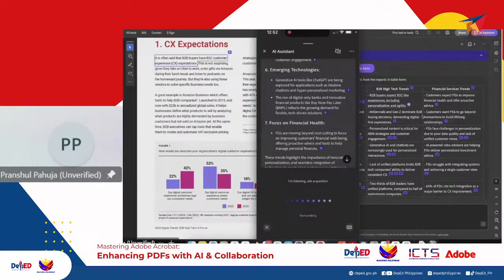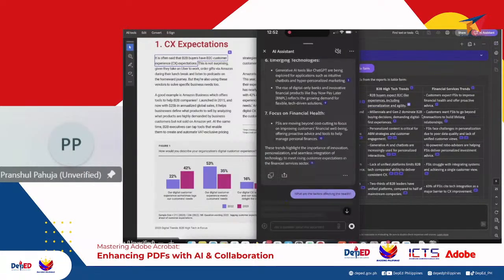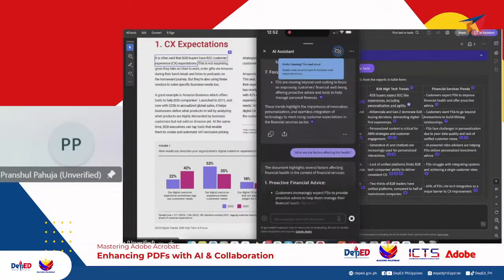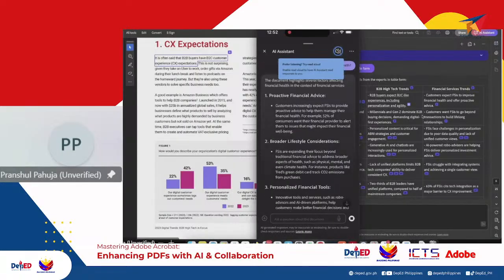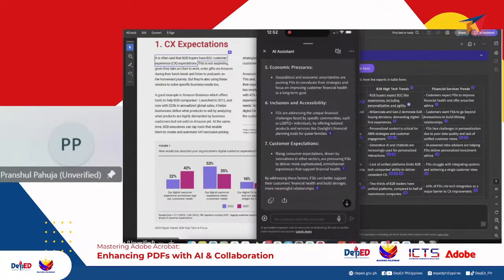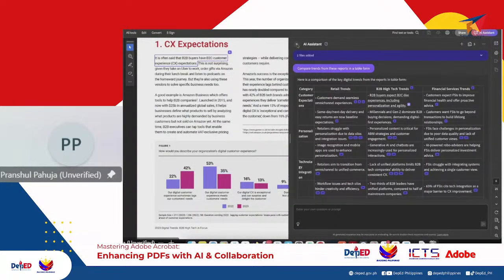So I just pressed the mic and asked it a question: hey, what are the factors which are affecting the health? Very simple question. Based on the context of the document, it understood I'm talking about financial health because that's what the document is about. Then it gave me an answer with some of the aspects and how you can improve your financial health as well. Okay, so this is how you can use some of the capabilities of the AI assistant to generate summaries,